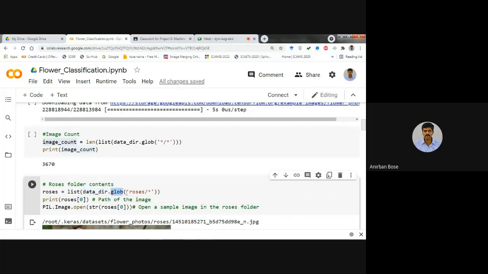What we want to pick out of them is the name of the folder that we have given, that is roses, then slash star. Star means all the contents of that folder, but here we have mentioned the specific folder name, that is roses slash star. Okay, so then all the images of rose will be the contents of this list that is created, and the name of the list we have given is roses.